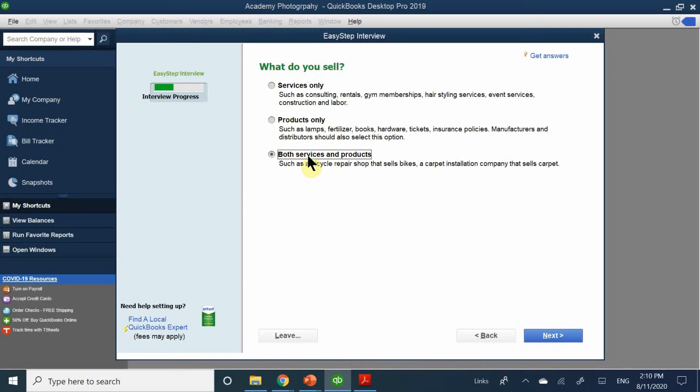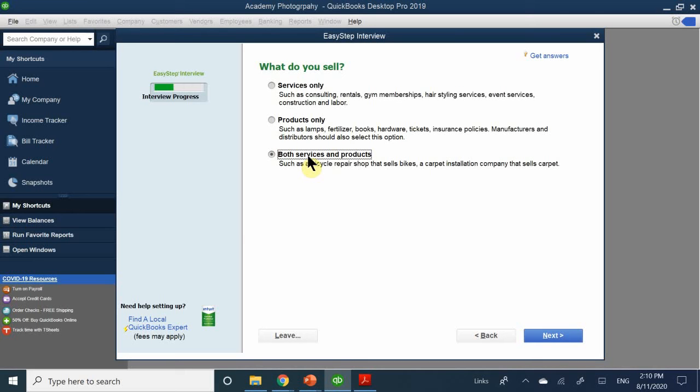Remember, this is also chapter 1, looking into a business and its business activities. What activities do you do? Do you provide services? Do you sell a product? Or do you create the product? In this case, because I am working with Pro, which doesn't have that manufacturing unit in there,